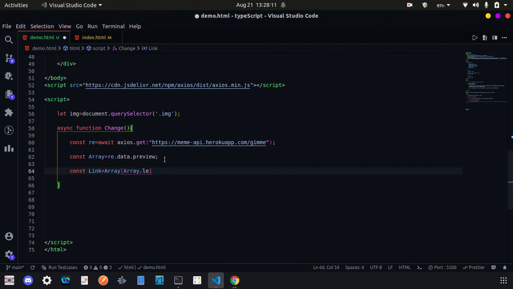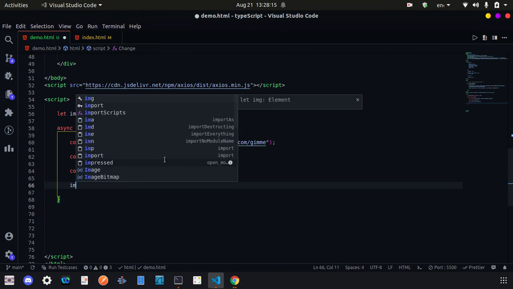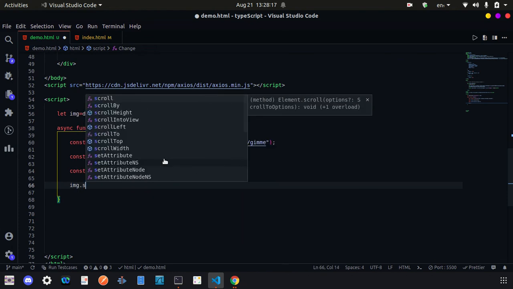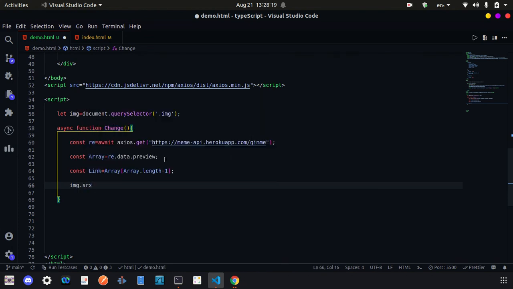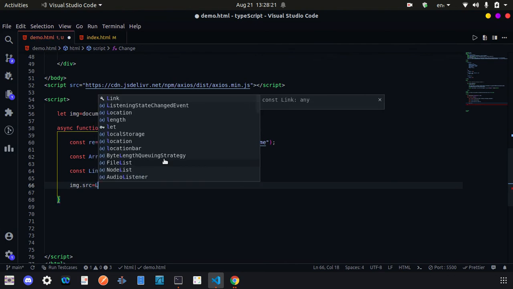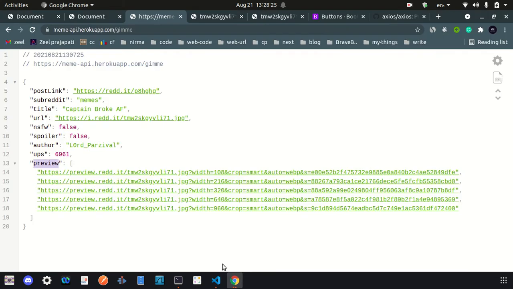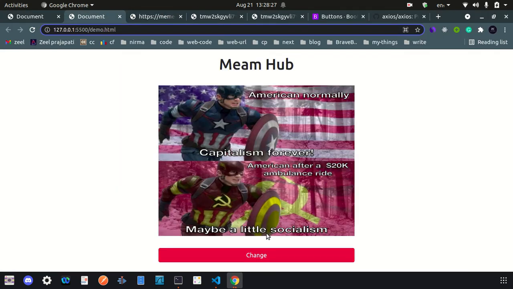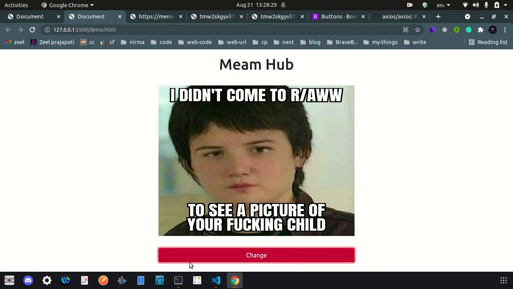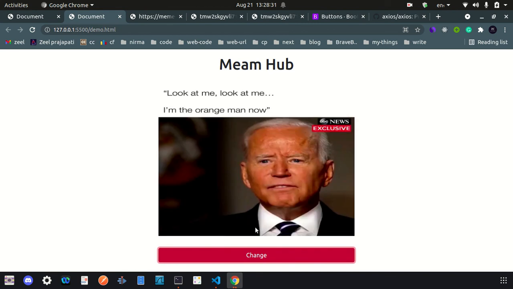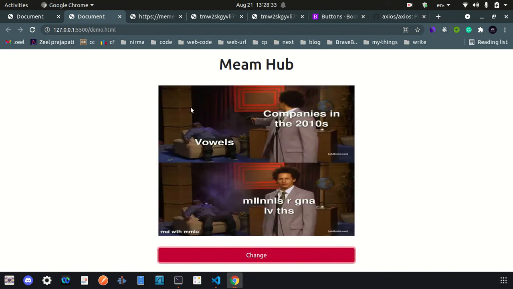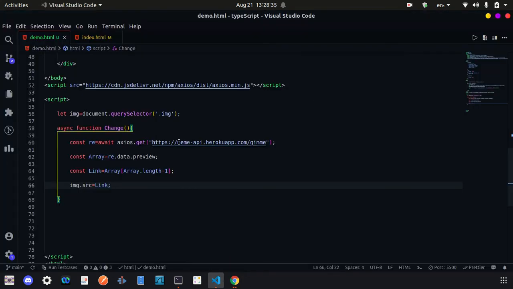We have to get the last element, minus 1, and we are going to change our image src to this link only, and that's it. Our main change function is done. Now when I click, the meme changes, and you can see that again the meme changes, again the meme changes.